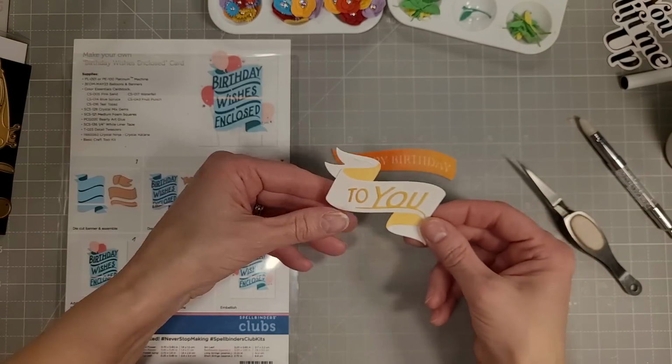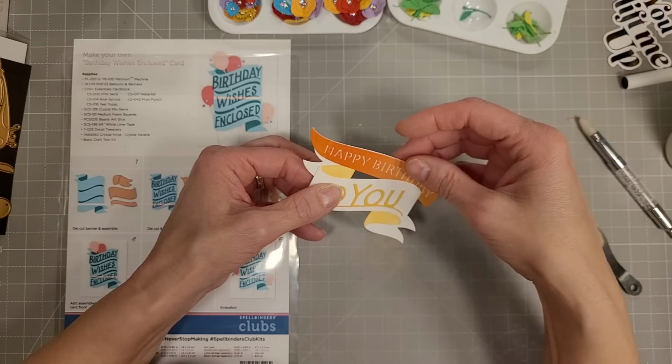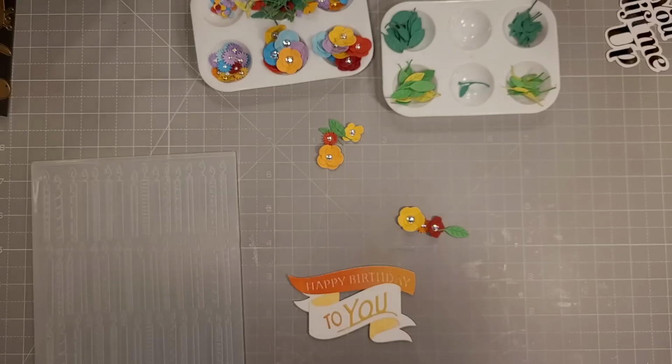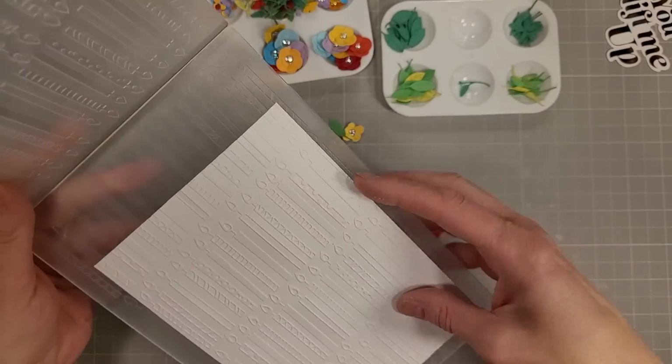So we will go over and under. So I have to carefully snug this in and adhere that. I put a little glue on top and below the different portions. And now we're going to use the candles for every birthday